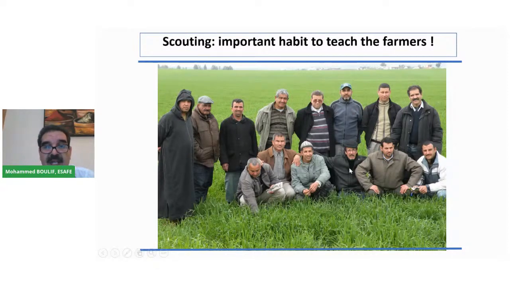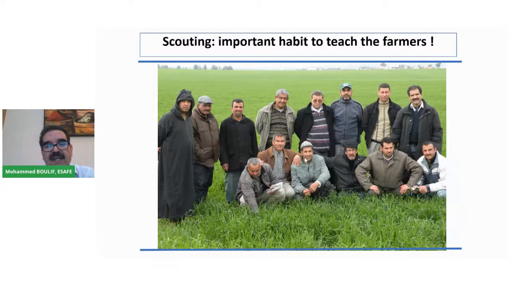Over here, there's the head of the extension center, and all the other farmers. This is a politician. This is a politician. This is a school instructor. And this is a farmer, period. So you have to work with all these people. So this is really the farm field school,